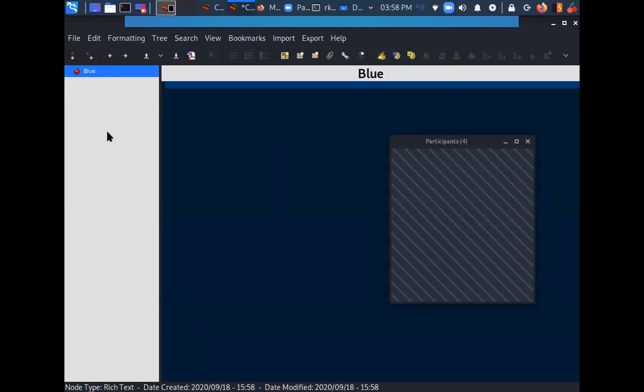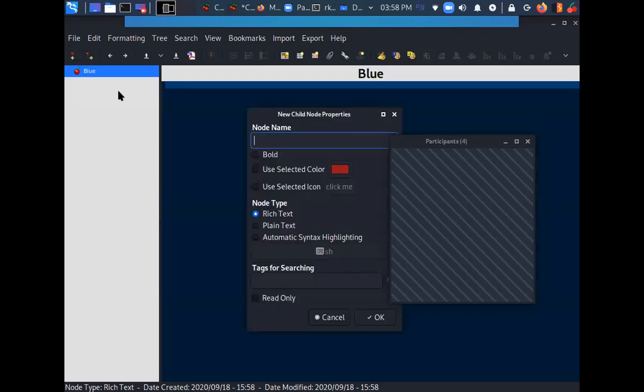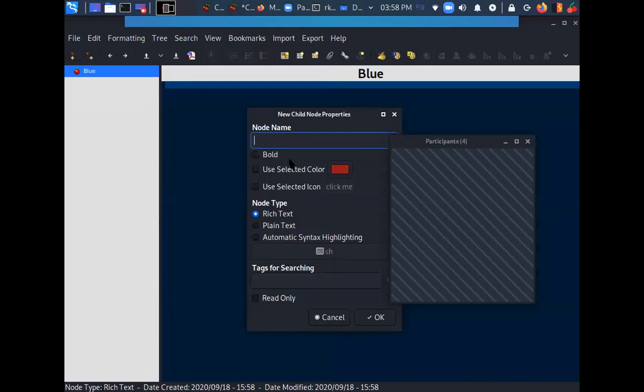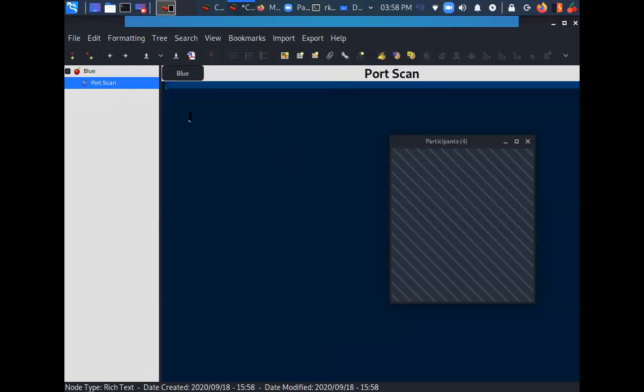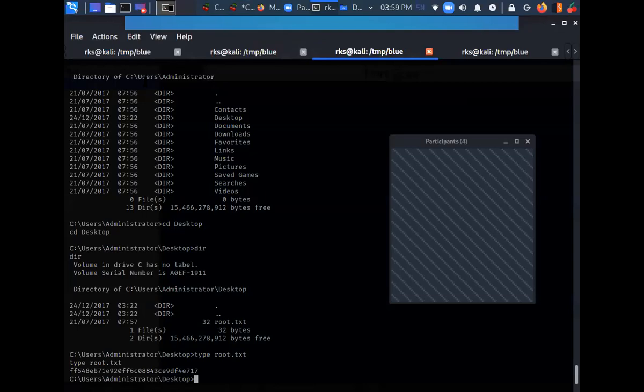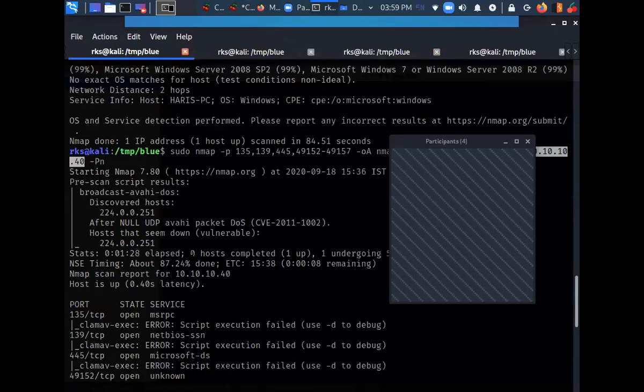This is my machine. I can create a subnode over here. Let's say add subnode, let's do port scan, and I can take a record of whatever port scan I have done here. Let me show you how. Let's get back to my port scan over here.